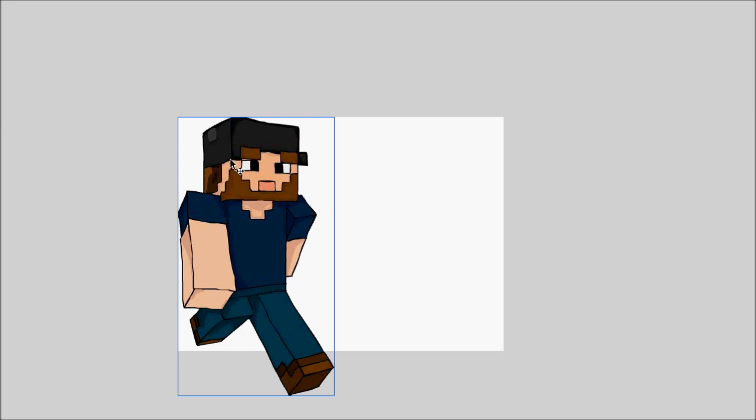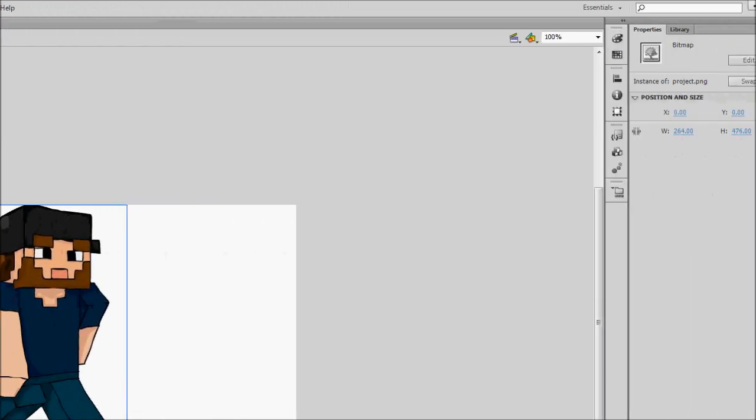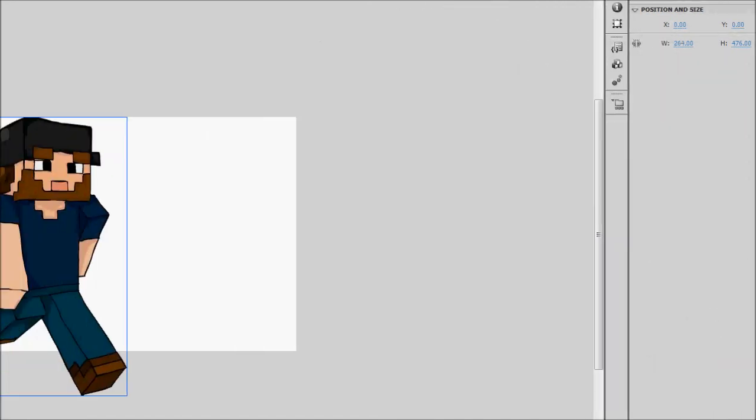You want to make sure all your lines are connected, otherwise you won't be able to use the paint bucket properly. And I know I'm not going into great detail with this, I just don't want to make this a 20 minute long video. So yeah, once you've got that, there's your drawing, and then you just save this as